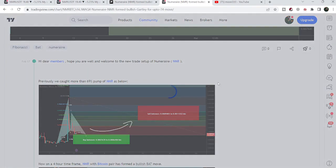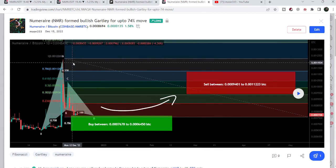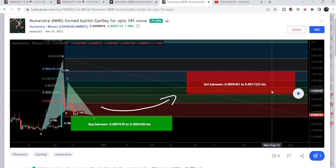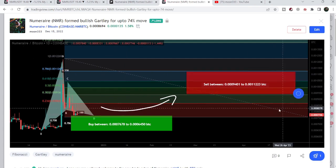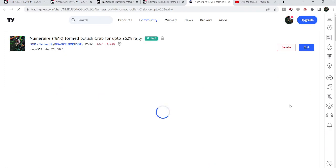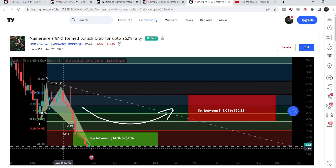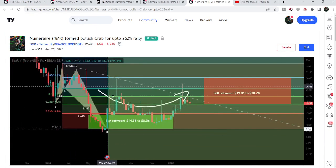And before that, I shared this harmonic bullish reversal Gartley pattern that I shared in the month of December, on 15th of December 2022, and it was formed with Bitcoin pair on the daily time frame chart. And this was almost 70% pump. You can see how nicely it was moved up and rallied beyond the sell target. And this was more than or approximately 70% move. And before that, I shared this harmonic bullish reversal crab move that was formed on the weekly time frame chart, by the way, in the month of June 2022. And after playing this chart, you can see that the price line started a very powerful reversal. And this was, by the way, more than